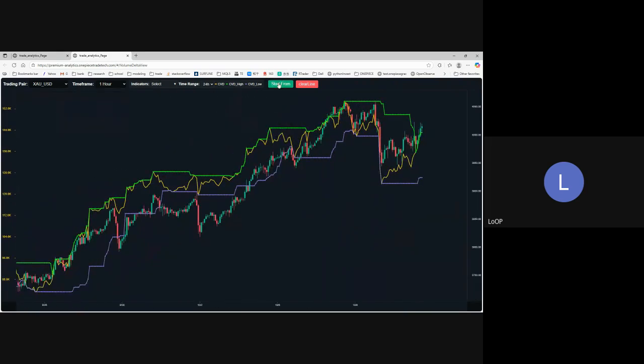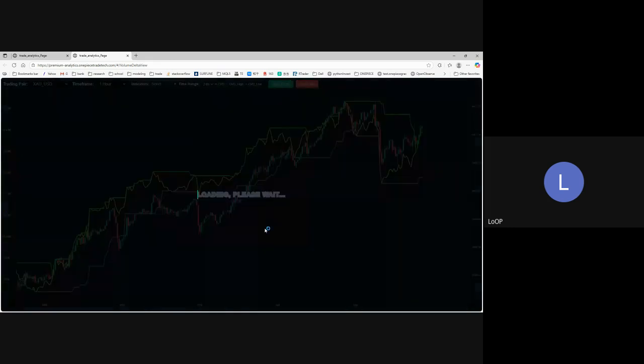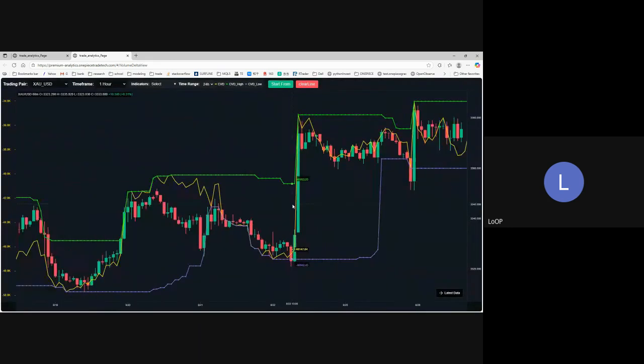The start-from setting helps users more easily navigate to the time point they are interested in or want to investigate. For example, August 22, which is a Friday when the Jackson Hole meeting was held, where the Fed chairman announced the U.S. monetary policy. You can see this is the exact